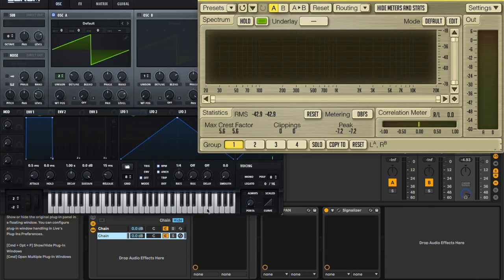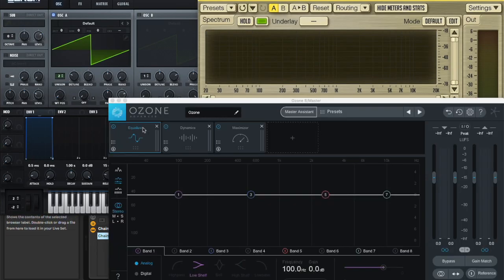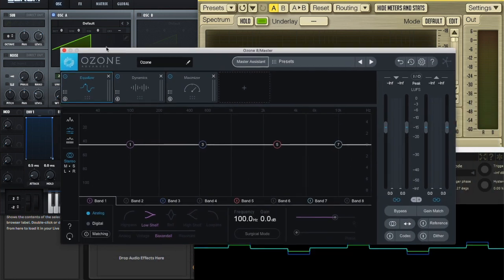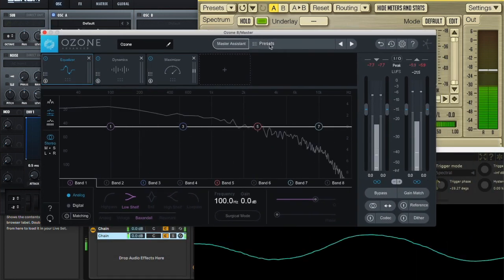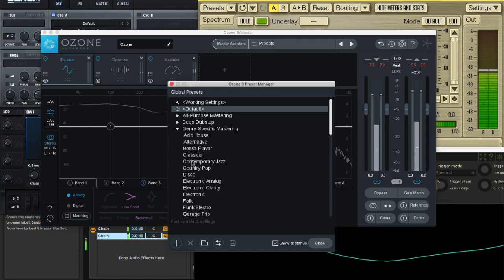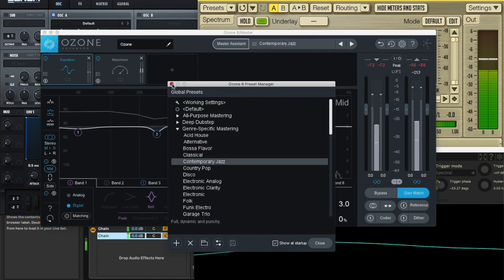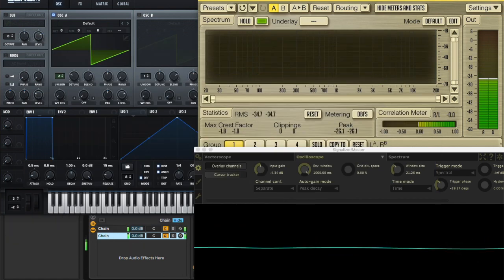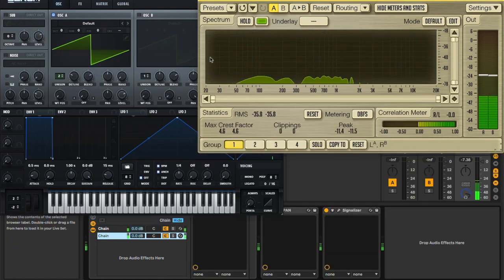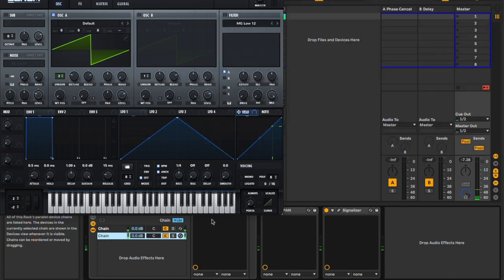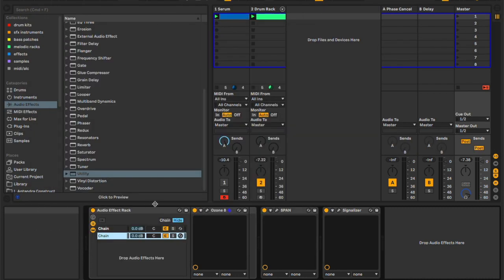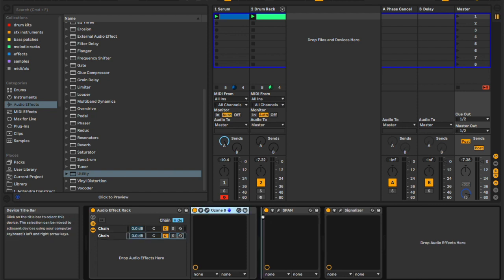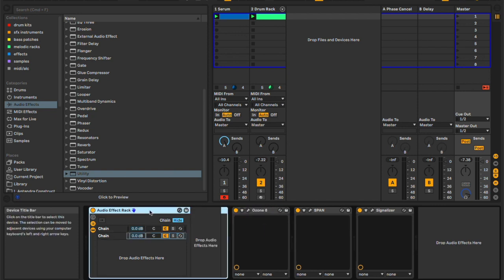So now whatever I do to the mastering is going to be all we hear. Whereas if I had the mastering outside of that, then we hear the actual dry signal and the mastered signal. So it's a good way to see just the delta, or just the difference,